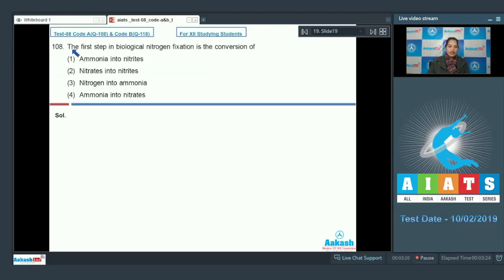Question number 108. The first step in biological nitrogen fixation is the conversion of: first option, ammonia into nitrites. Second, nitrates into nitrites. Third, nitrogen into ammonia. Fourth, ammonia into nitrates. The very first step in the biological nitrogen fixation, which is carried out by microbes or the nitrogen fixers, is conversion of